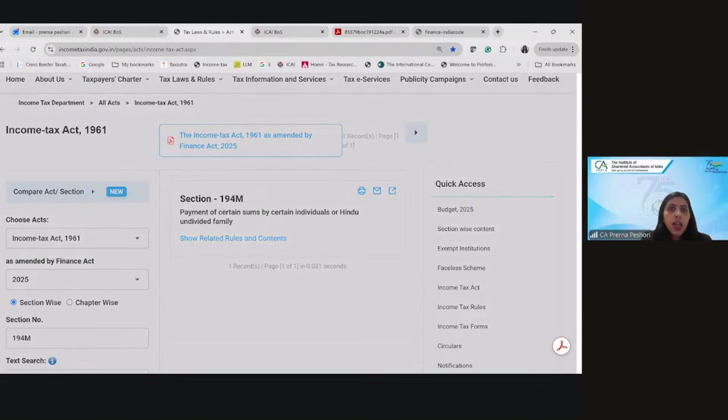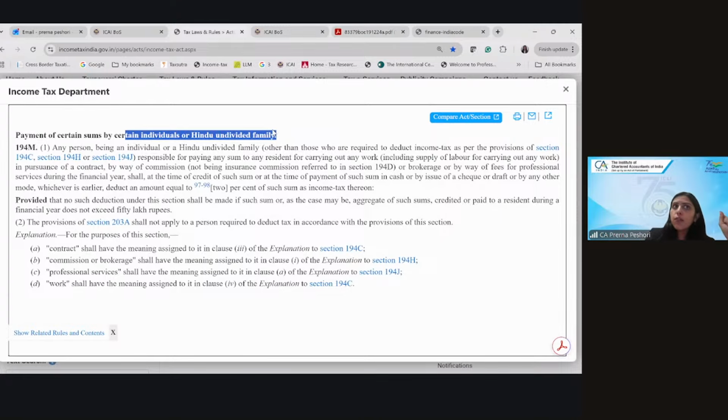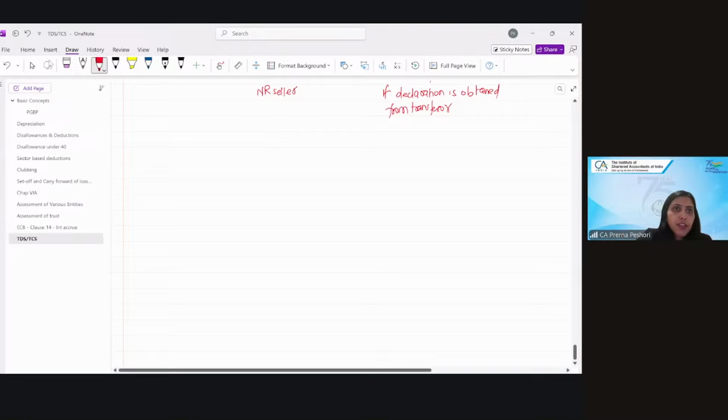Payment of certain sum by the individual or HUF. Now 194C applies to the individuals or HUF when the turnover is more than 1 crore or 50 lakh in the preceding financial year. 194H commission applies again for the individual or HUF when the turnover is more than 1 crore or 50 lakh. Similarly, 194J applies to individual or HUF when the turnover exceeds 1 crore or 50 lakh. Now, in the case of individual or HUF,